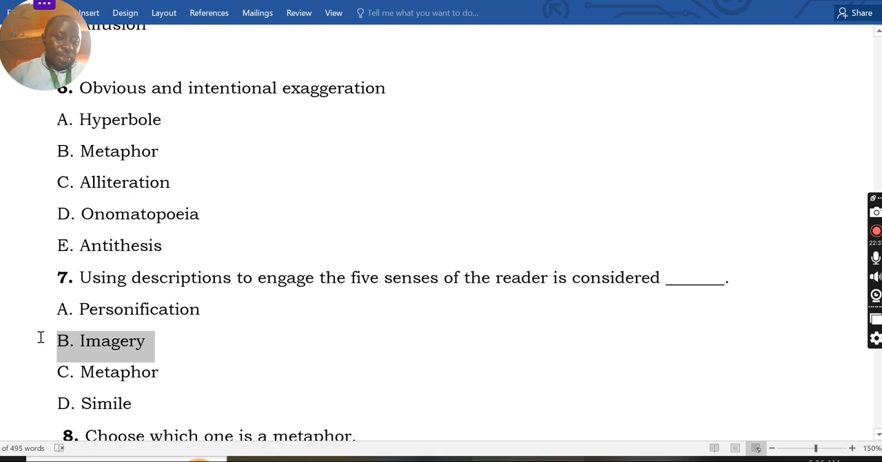is number B. Number B says imagery. When we say imagery, it means something that we use among 5 senses. Okay. So, dear students, let's go to number